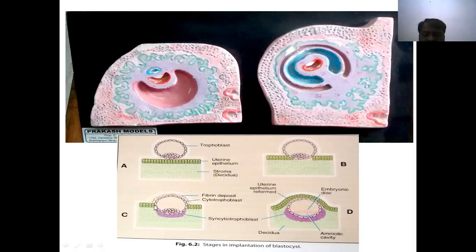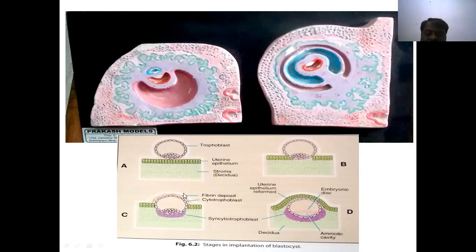Further, from the fibrin deposit, cytotrophoblast and syncytiotrophoblast formation occurs. What are the cytotrophoblast and syncytiotrophoblast? The trophoblast is what attaches to the uterine endometrium. It modifies itself into two layers of proliferating, specialized cells that multiply. The cranial-most, superficial layer has no cell membranes but has nuclei present in a single cytoplasm. Whereas in the caudal region, we can identify cuboidal cells, which form the cytotrophoblast.